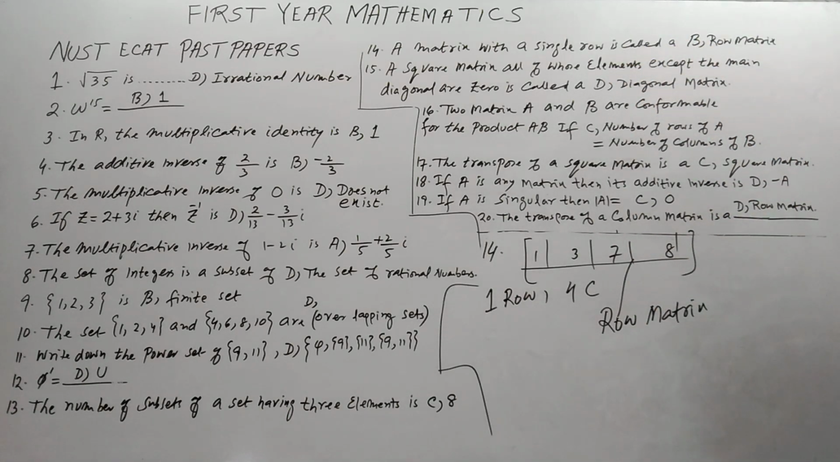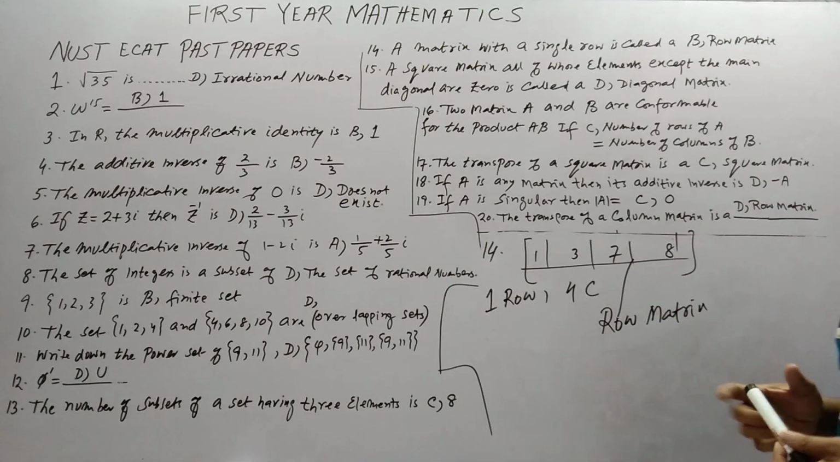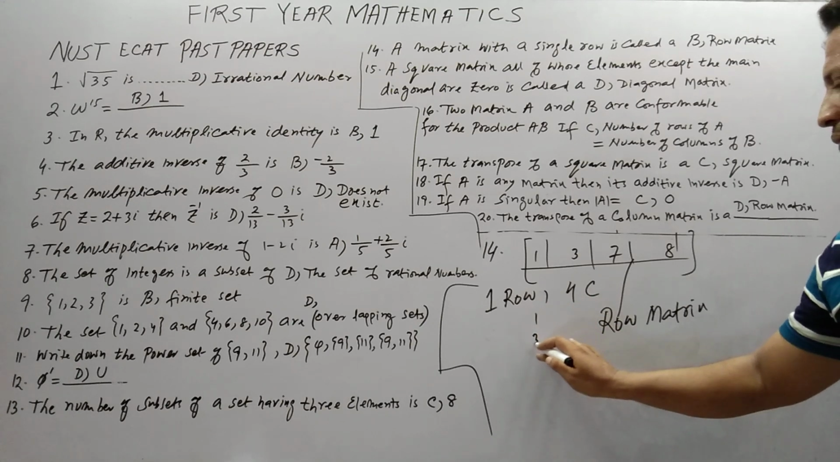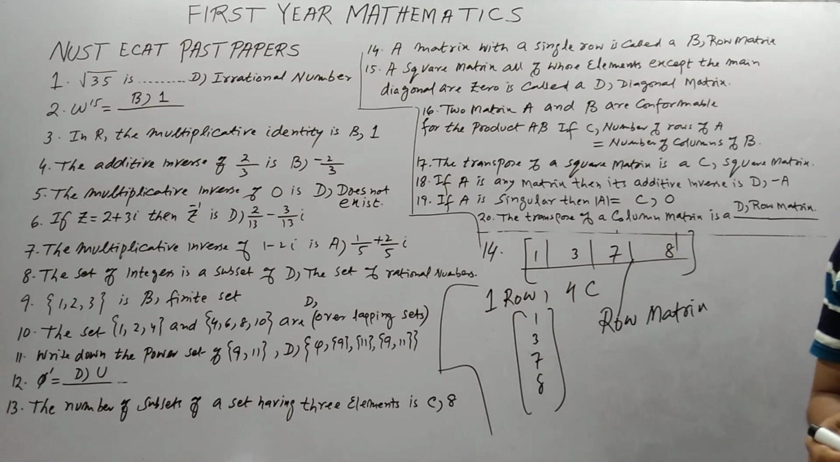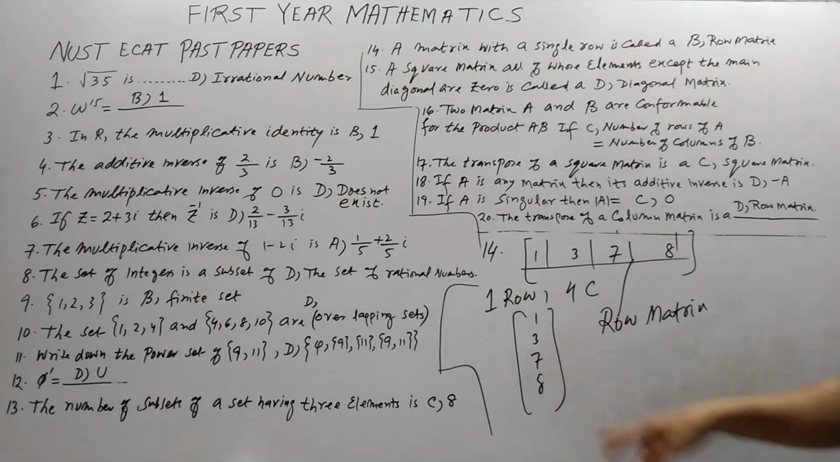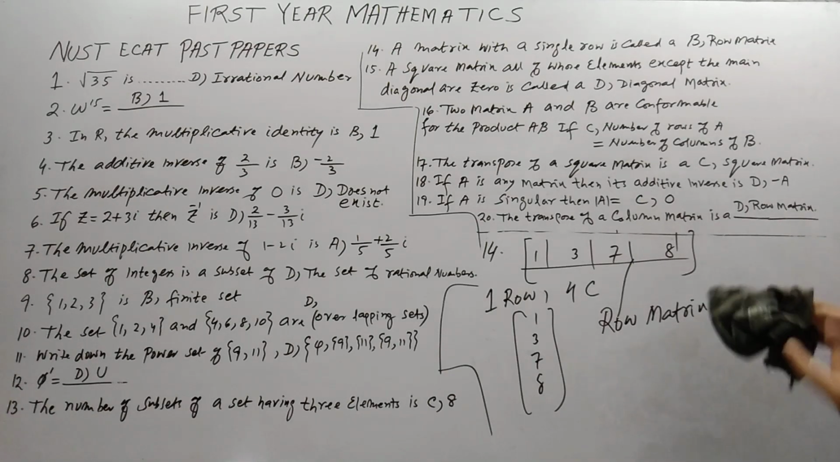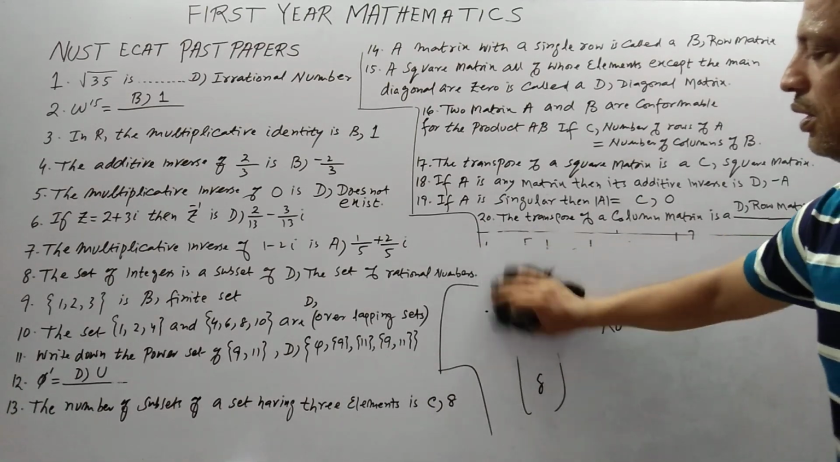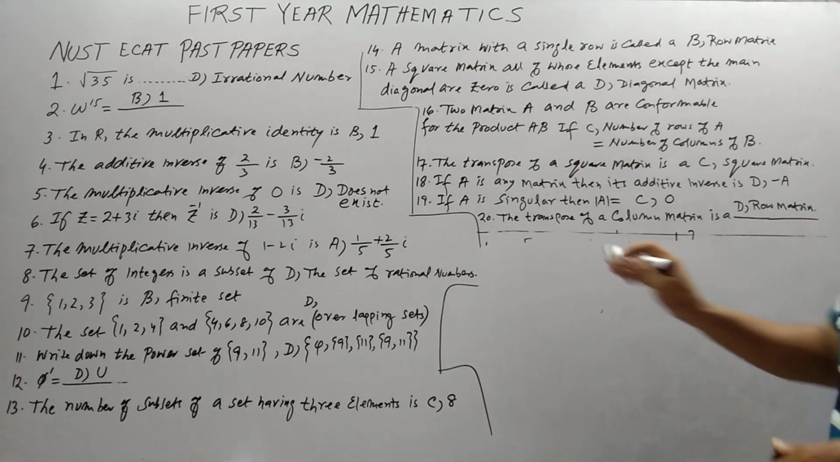And again, if we have one column, for example 1, 3, 7, 8, if you are seeing only one column, then this is called a column matrix. But in this case you are asked about the single row. Single row means row matrix. Now come to question number